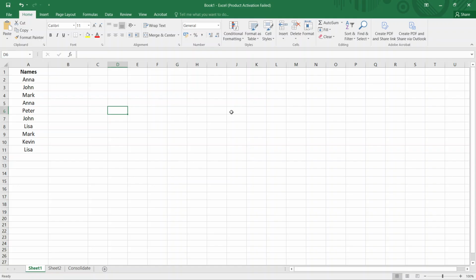Once your worksheet is open, select the cells that contain the data you want to check. This is important because Excel will only look for duplicates within the range you highlight. So before moving on, make sure you've selected the correct group of cells. For example, you might be checking a list of names, product codes, order numbers, or any other repeated entries in